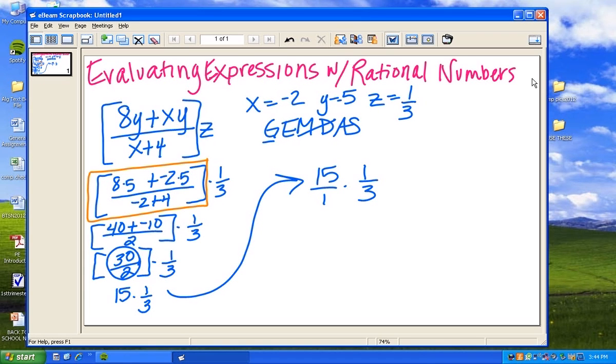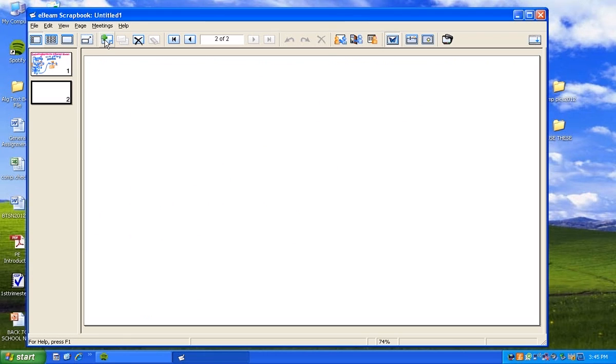And I can find my equivalent forms of 1 by saying that 15 is really 5 times 3. And so I have a 3 divided by a 3, which makes a 1 for each. And 5 times 1 is what's left, so I get the answer of 5. So my answer for this expression is 5. And I'm going to do one more sample, which is